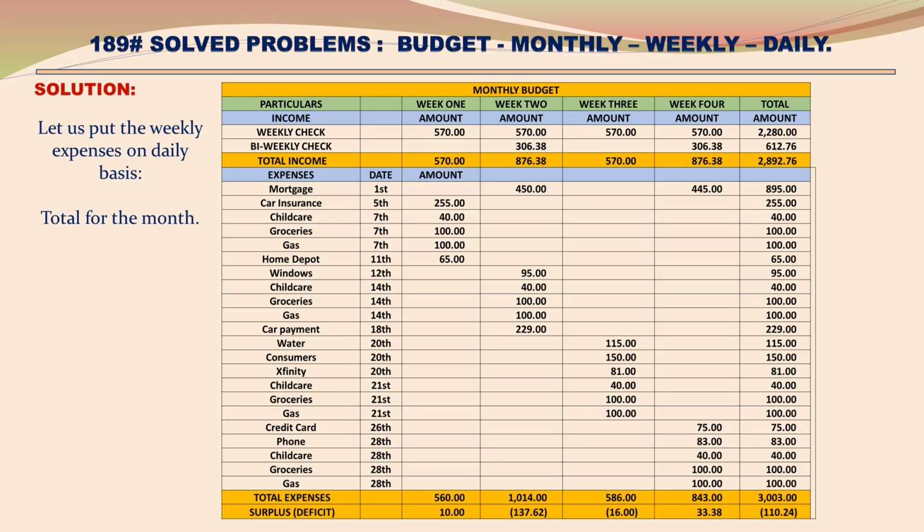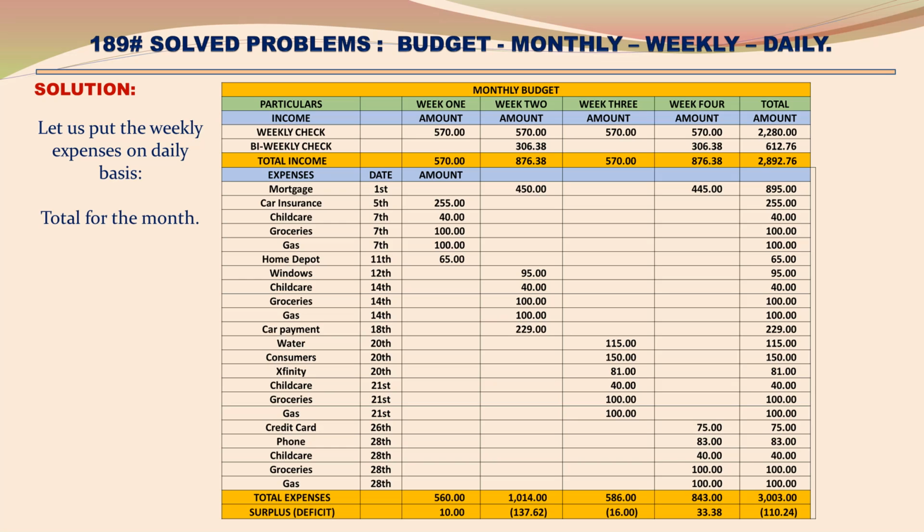Total expenses for the month: mortgage on 1st 895, car insurance on 5th 255, child care on 7th 40, groceries on 7th 100, gas on 7th 100, home department on 11th 65, windows on 12th 95, child care on 14th 40, groceries on 14th 100, gas on 14th 100, car payment on 18th 229, water on 20th 115, consumers on 20th 150, Xfinity on 20th 81,